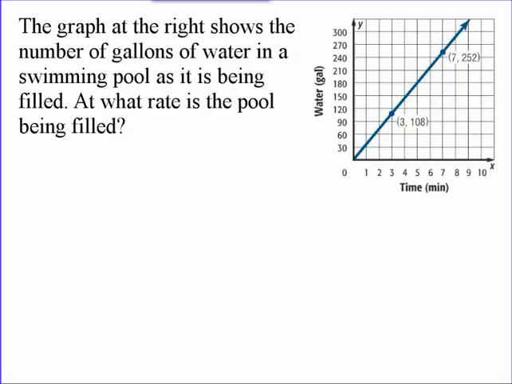Okay, let's look at another example. It says the graph at the right shows the number of gallons of water in a swimming pool as it is being filled. Hopefully we'll have our new swimming pool this coming summer. At what rate is the pool being filled? If you notice in this diagram, we already have 2 points selected. So I'm going to find the rate of change between these 2 points. So the rate of change equals